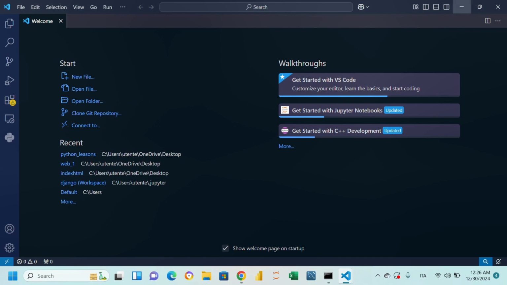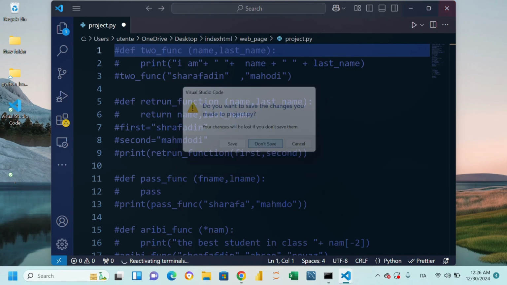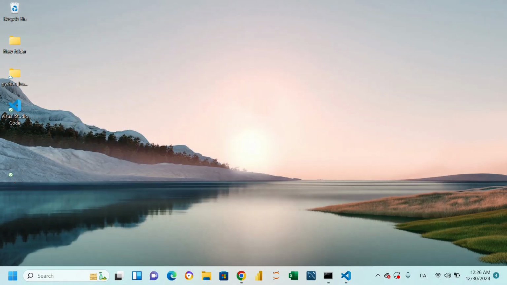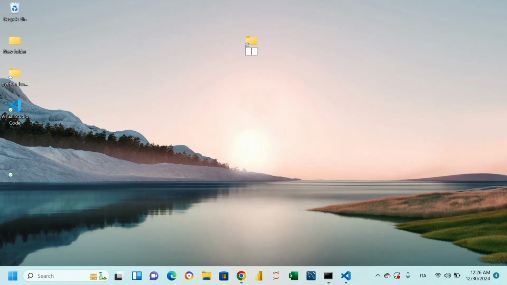I'm going to minimize this one, create a project here, and create a folder named Python first project. Okay,